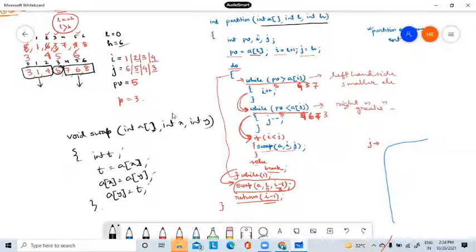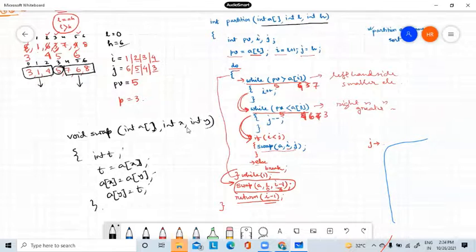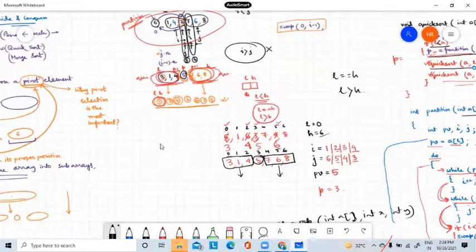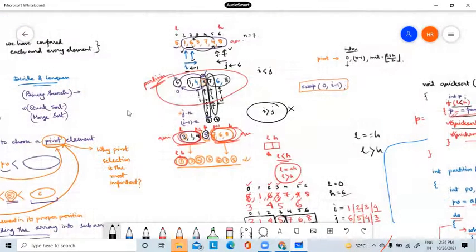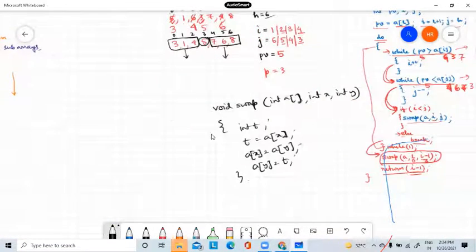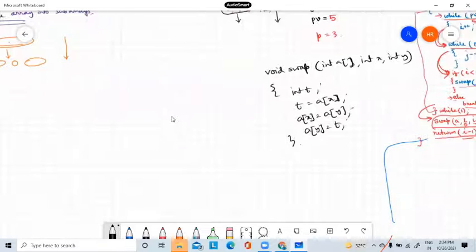So this is the whole quick sort algorithm. It's pseudocode. You can say the pseudocode or original C code. You can write it in the form of an algorithm also. This is some example of this quick sort. And finally, now the next step is how to calculate the time complexity.